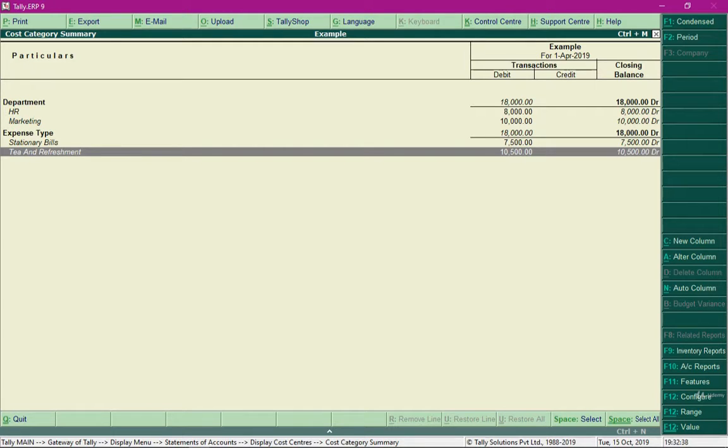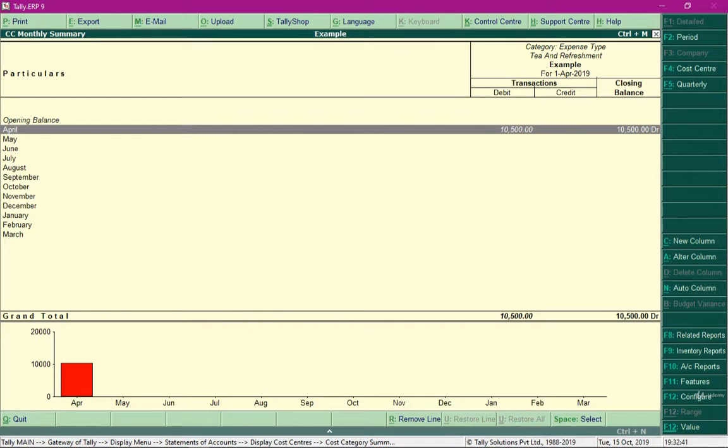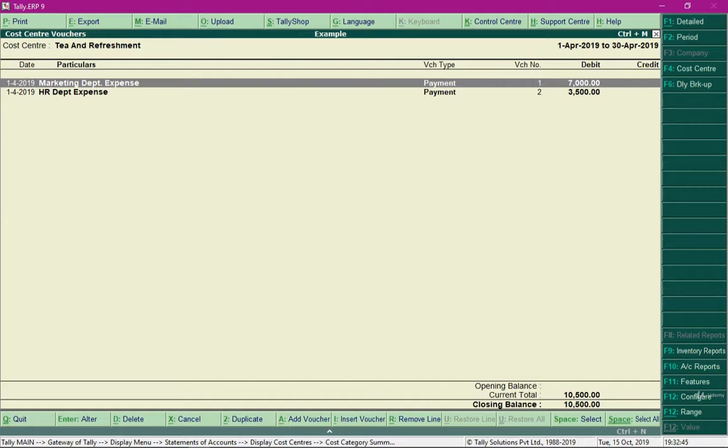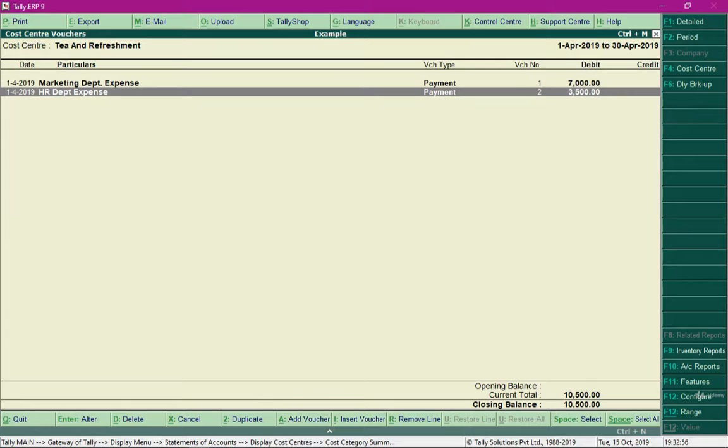And further, when I press the enter key and specify the month of expenditure and press the enter key, I can see the expenditure breakup for tea and refreshment. So in marketing department, rupees 7,000 was incurred towards tea and refreshment and rupees 3,500 in HR department.